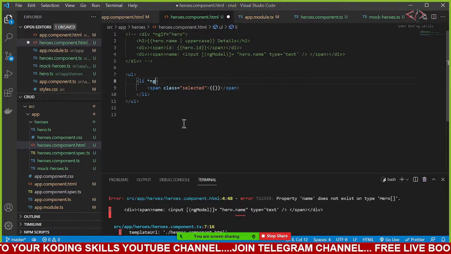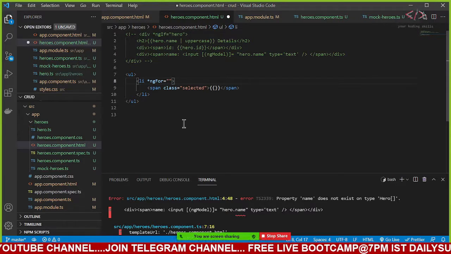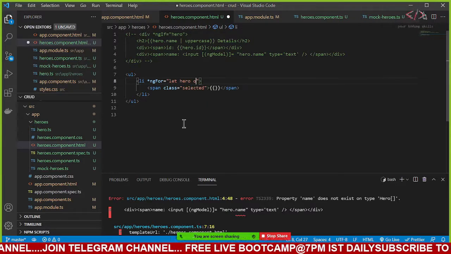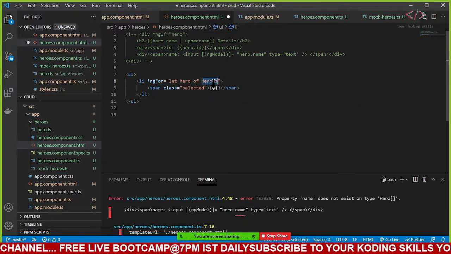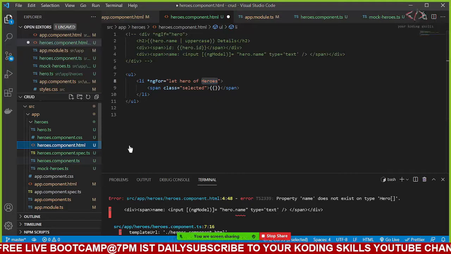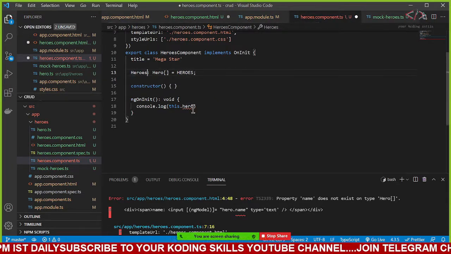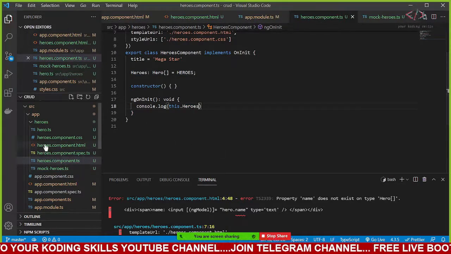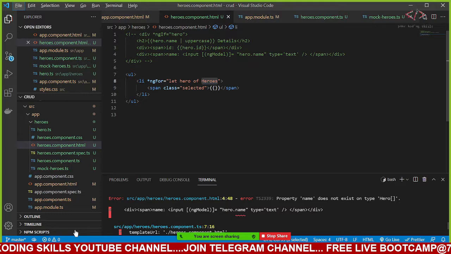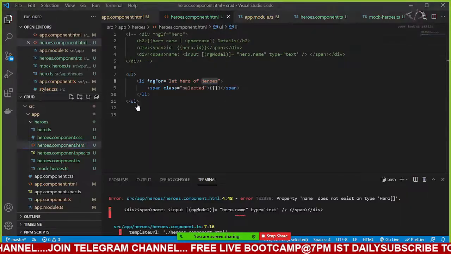I will say *ngFor equal to let hero of heroes, and the spelling I will change to heroes. Okay, it is heroes, and I'll save it here. Now if you go to your HTML, again it failed.